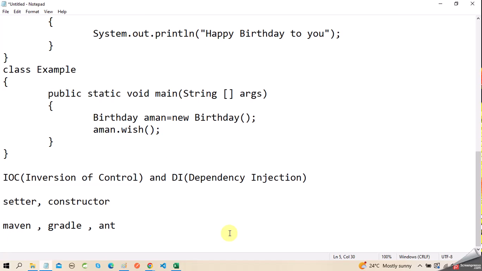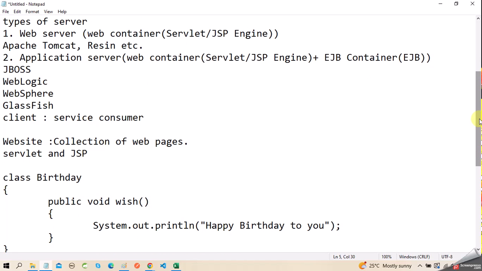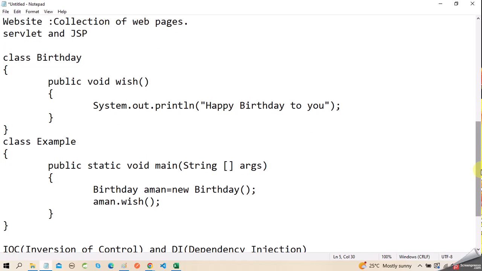So how does a project build tool download the required jar files from the internet? Actually, we use dependencies in place of jar files. Suppose we want to use Hibernate or Spring, so we can add only a dependency of Spring in Maven. If we want to use Hibernate, we add only a dependency of Hibernate. If we want to use Oracle database, we add only a dependency of Oracle. After that,